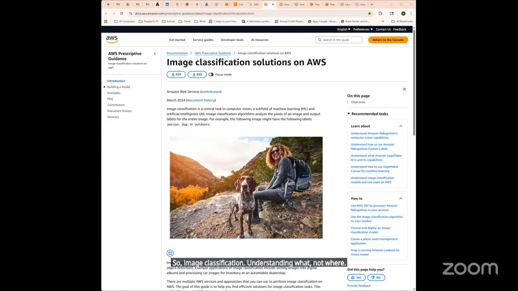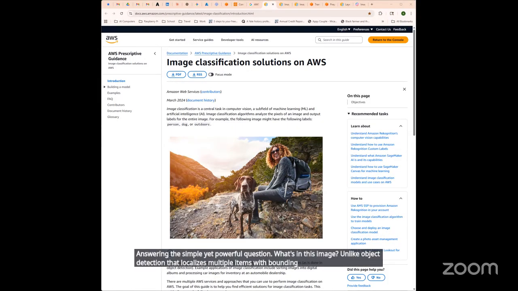So image classification, understanding what, not where. Image classification represents computer vision's most fundamental task, answering the simple yet powerful question, what's in this image? Unlike object detection that localizes multiple items with bounding boxes, classification assigns categorical labels to entire images, identifying their contents